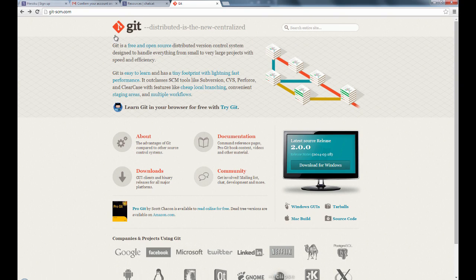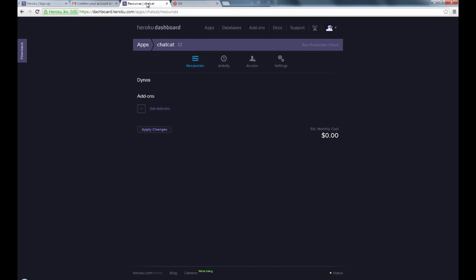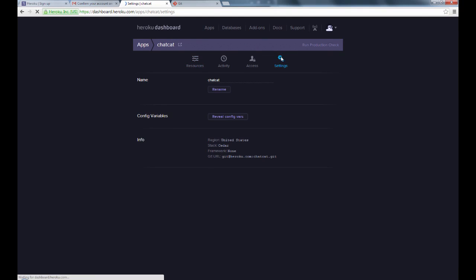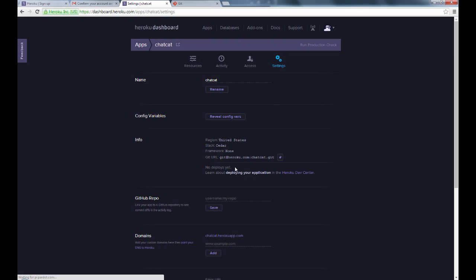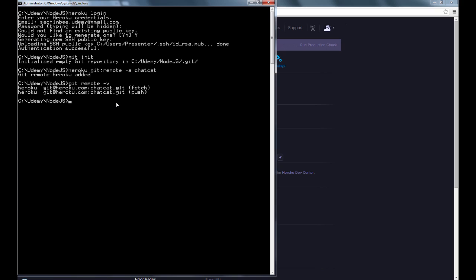If you go back to your Heroku dashboard and go into settings, you'll find the Git URL is exactly the same as what we have just created. So that's git@heroku.com:chatcat.git.